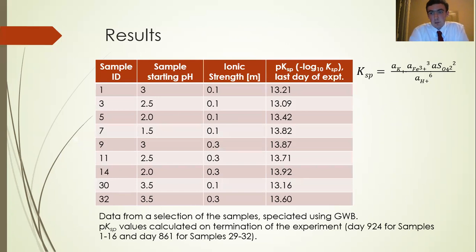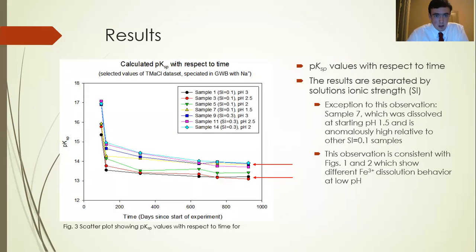This table of values is just selected samples classified by their starting pH, ionic strength, and the pKsp from the last day of the experiment. Again, pKsp is the negative log 10 of the Ksp, with the Ksp value again displayed on the screen for viewing ease. This is a graph of pKsp on the y-axis versus time in days since the start of the